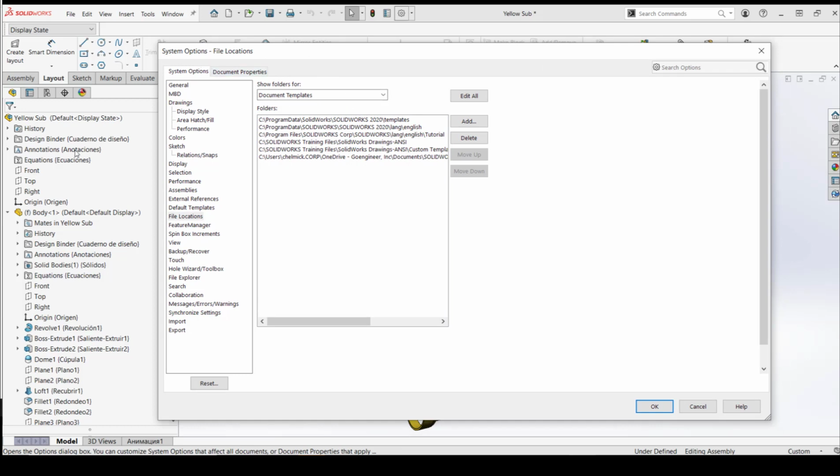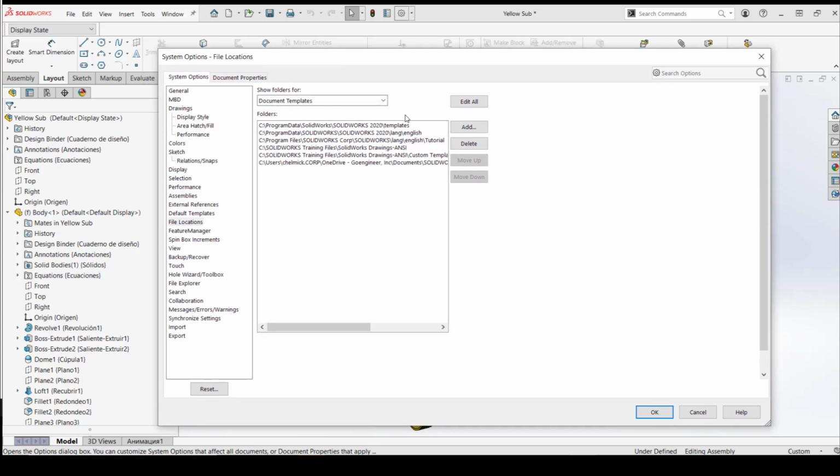For example, I get a lot of calls about these folders that we see in the feature tree. People will ask me things like, where did my sensors folder go? What about my equations folder? It was there last time I used SOLIDWORKS and now it's gone. And usually that's because of your settings within system options. So let's try using our system options as a troubleshooting tool.